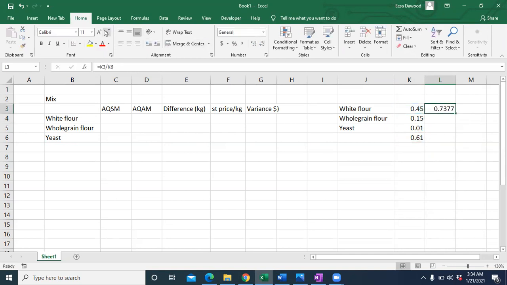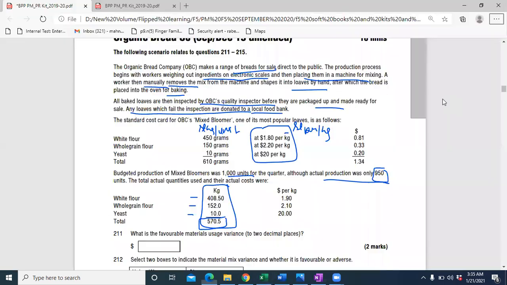Okay, and I make it absolute as well, because every time it will be divided with this. So let me make it absolute, shift and dollar, and then control C and control V. Okay, and I convert it into percentages as well. So 74% I'm going to use out of 100%, 74% I'm going to use the white flour. That is basically my standard mix. Whenever I deviate from the standard mix, 25% it has to be whole grain flour and 2% it has to be the yeast.